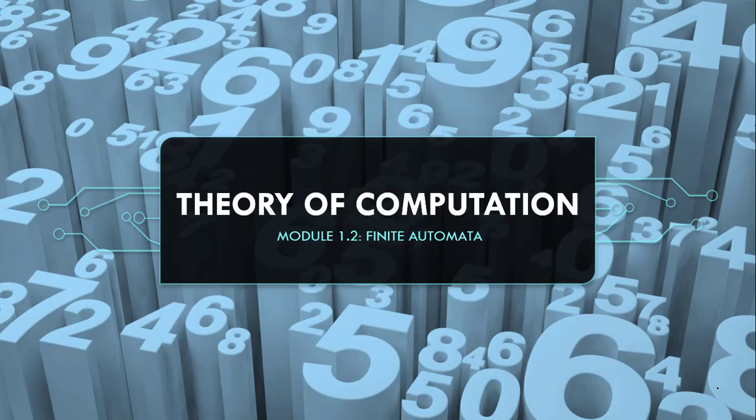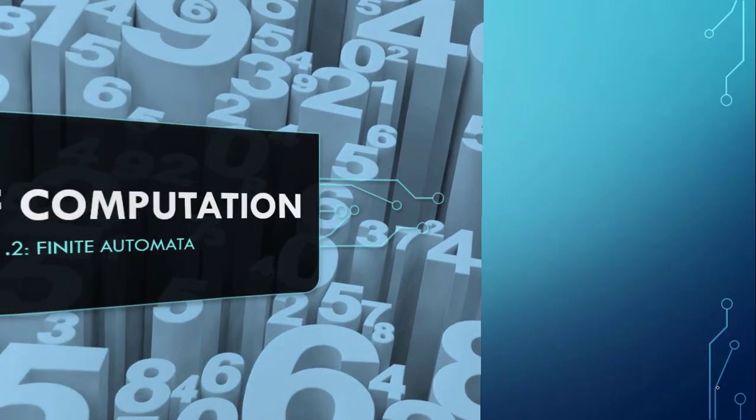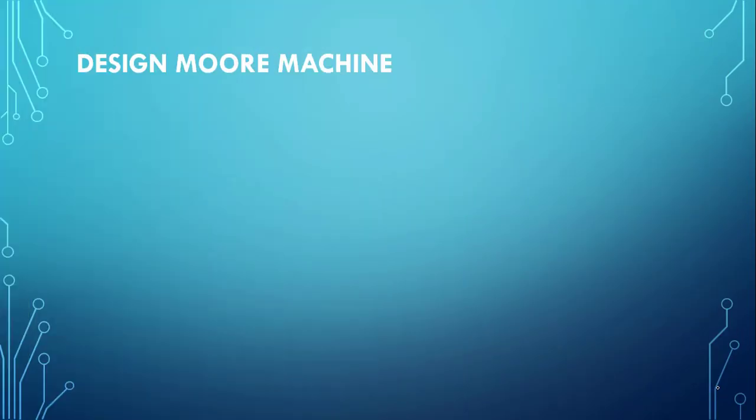Hello all and welcome back to our session on finite automata, that is Moore and Mealy machines. In the previous session, we saw the definition and the mathematical model of Moore and Mealy machines, along with some differences between these two machines. We had started with designing of Moore machine and ended our session with two questions whose solution we will discuss first, and then continue with our session on Mealy machine.